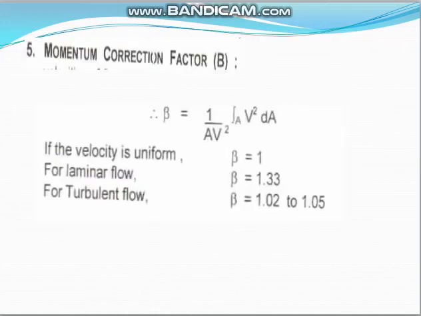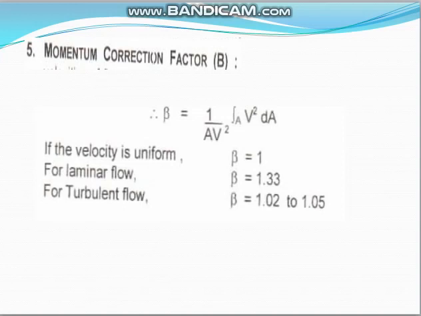Coming to that, previously we discussed the kinetic energy correction factor. I told you that when the fluid flow motion is non-uniform, in non-uniform motion we need to calculate the kinetic energy, and we need one factor, that is the kinetic energy correction factor, alpha. For uniform flow it will be 1, for turbulent flow 1.1 to 2.0, and for laminar flow it will be 2. I told you that.